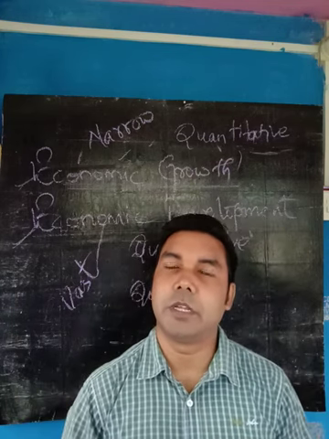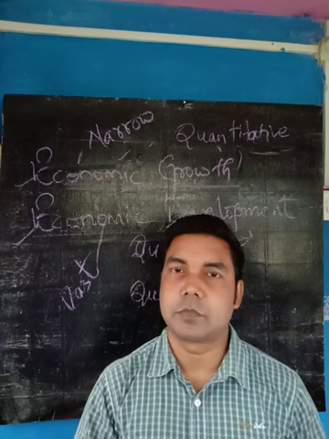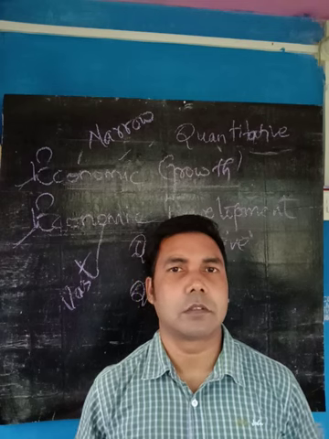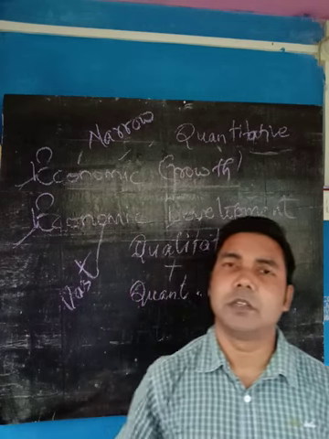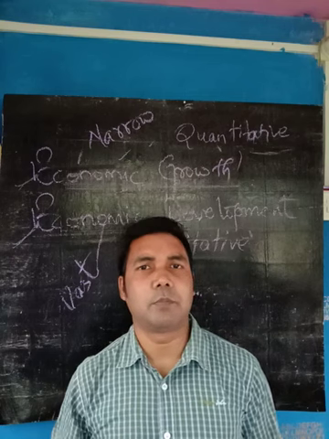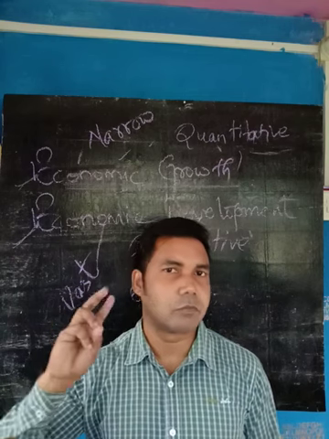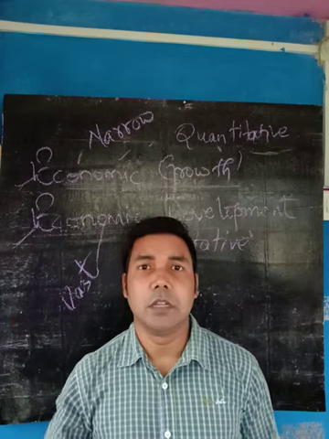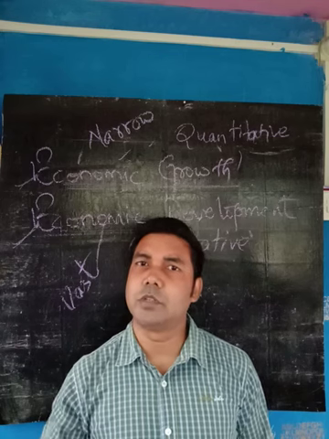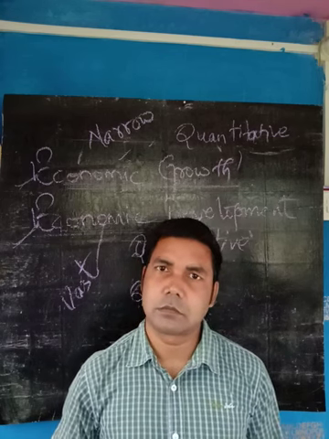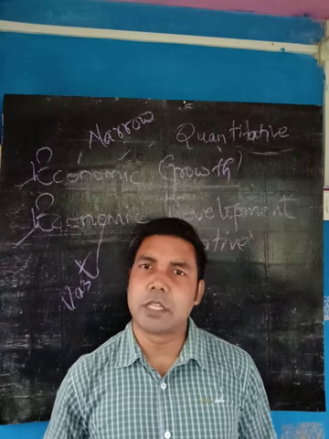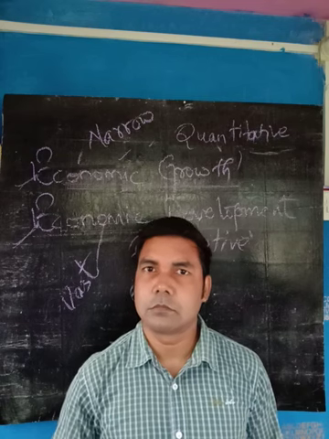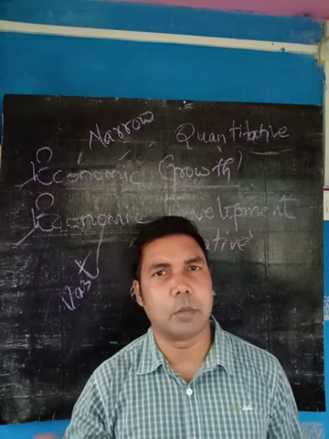So here we complete our third chapter, the problem of an economy. Let me just wind it up. Why does an economic problem arise? Because of three things: unlimited human wants, limited resources, and alternative use of available resources. Then the basic or central problem of an economy is what to produce. What to produce means the quantity and the commodity.